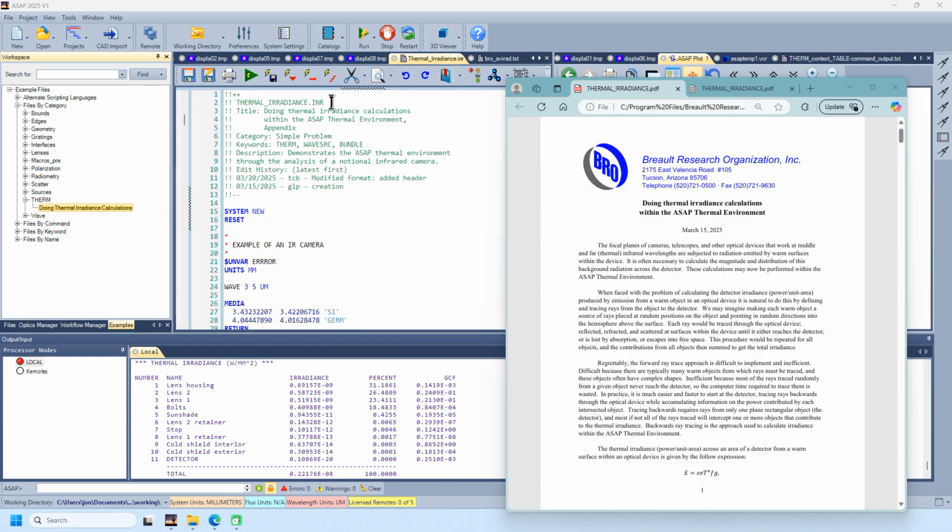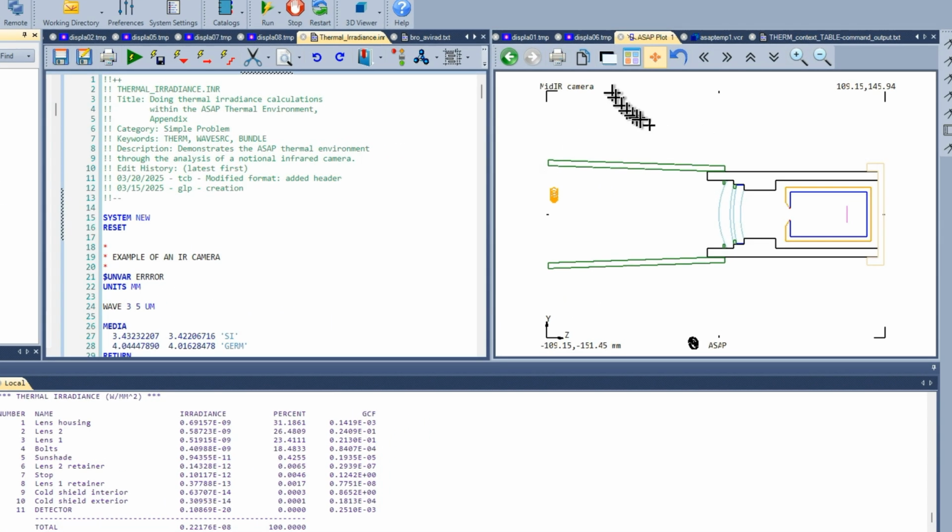Welcome to a brief overview of the thermal irradiance feature in ASAP 2025 v1. I'm using a script included in your distribution, thermalirradiance.inr, and it describes a mid-IR camera